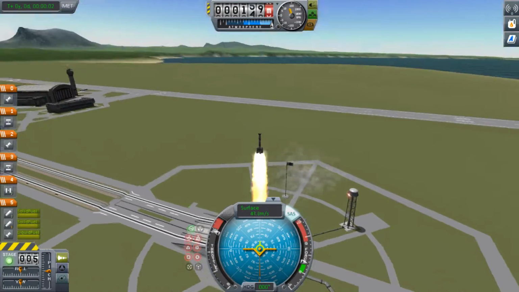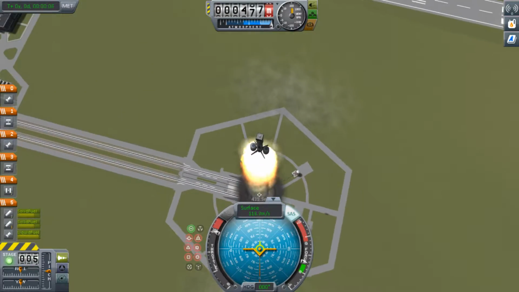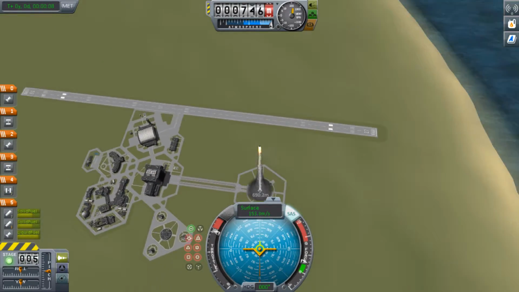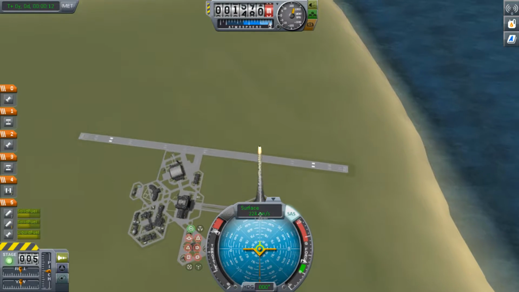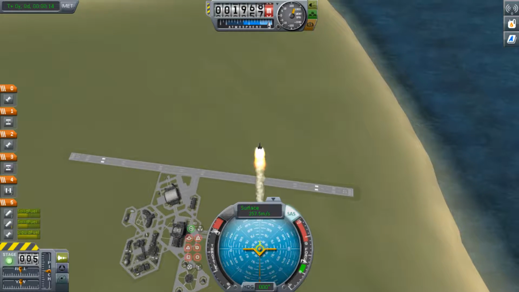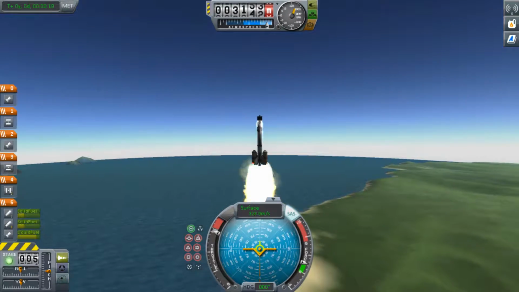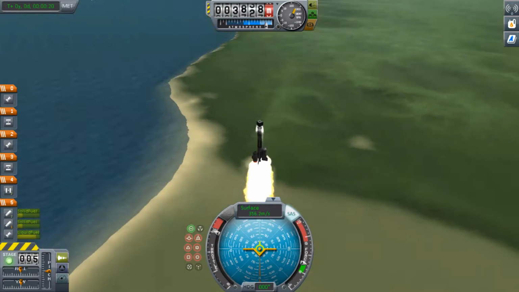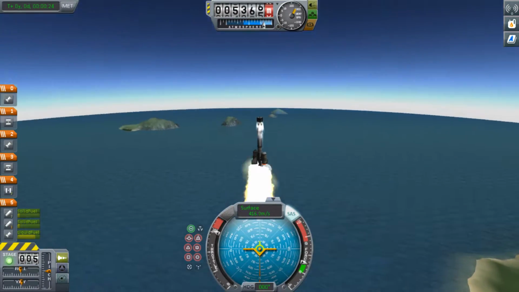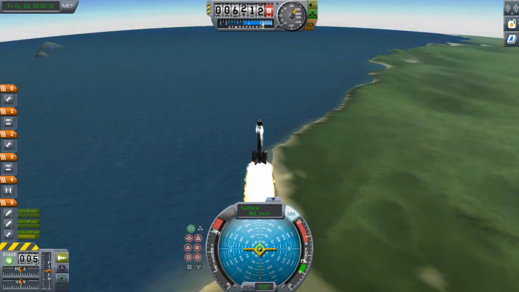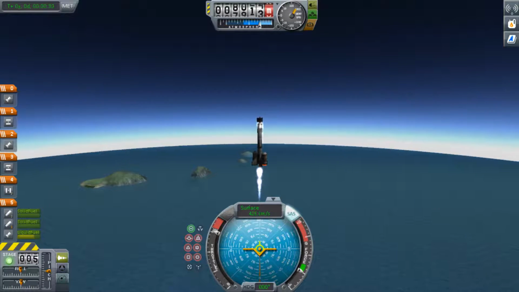And I don't usually use solid fuel engines because they're crazy. You can't turn them. Whoa, that's a lot of smoke. It looks like a tornado. Sorry, like upside down. You can't turn them off, and they're just really hard to work with, in my opinion. And you can't rotate them, but since this one has a rotatable engine as well, I figured it'd be okay. So basically, once you get to 10,000 meters, you can look up at the top here, 10,000 meters,